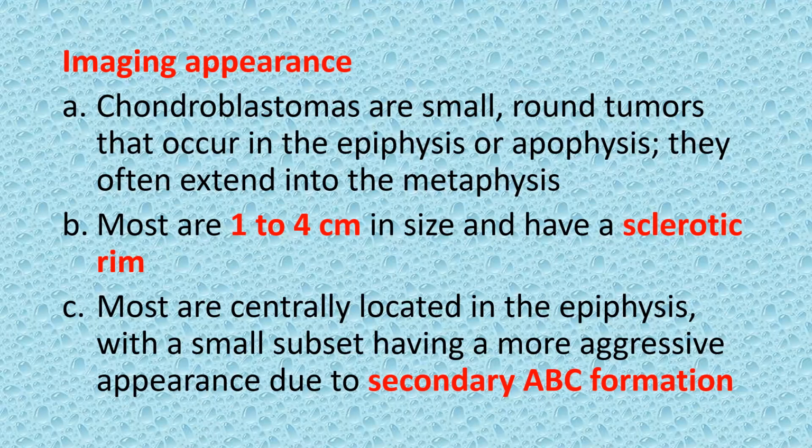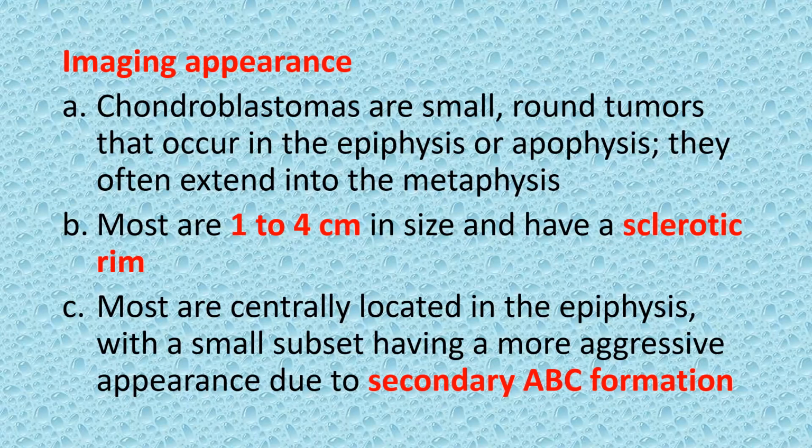And one should not forget the tumor mimicker, eosinophilic granuloma, which can arise in the epiphysis. Most are 1 to 4 centimeters in size and have a sclerotic rim. Most are centrally located in the epiphysis, with a small subset having a more aggressive appearance due to secondary aneurysmal